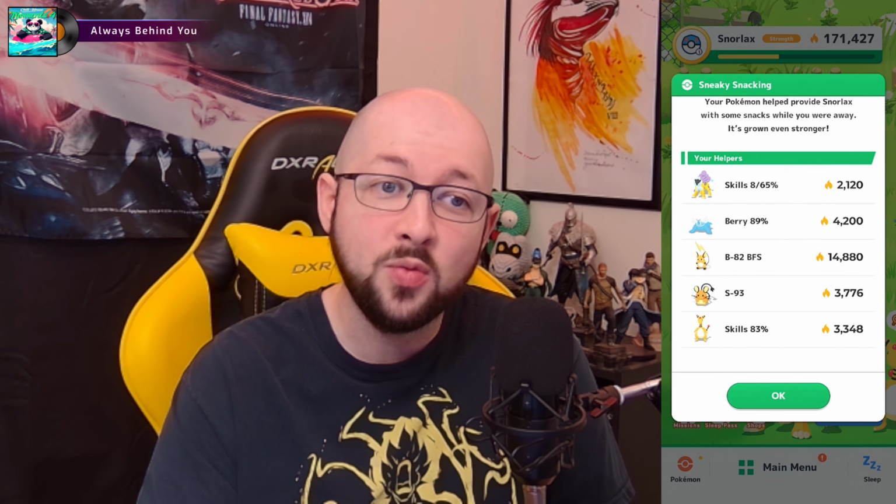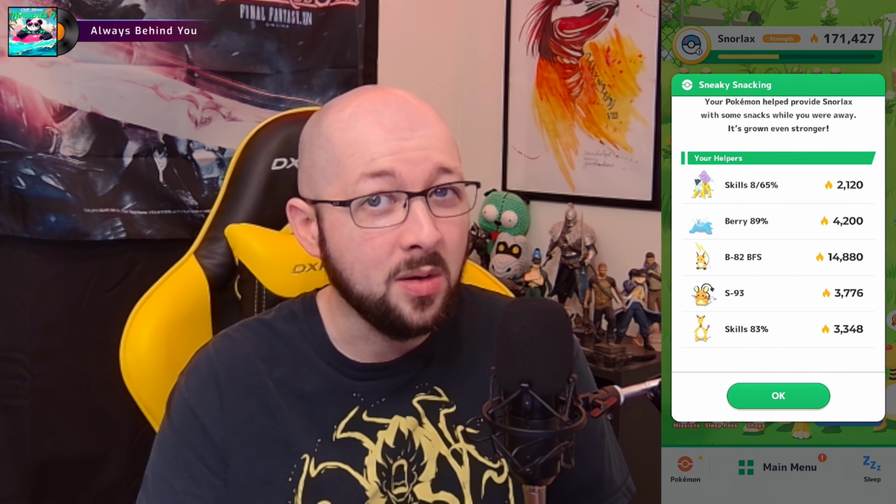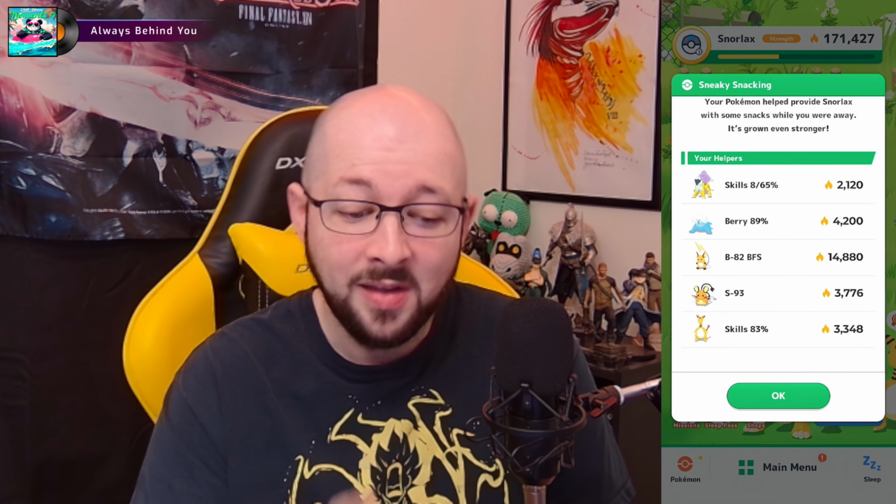Raichu putting in some serious work, even on Old Gold Power Plant with 0% area bonus. 15,000 sneaky snacking overnight is very nice. Well, that's good. We need to keep that in mind that things are going well. Let's collect those 2 candies and our 200 sleep points. So we've got a grand total now of